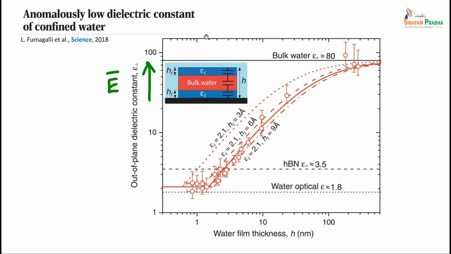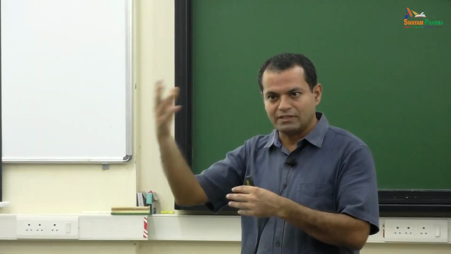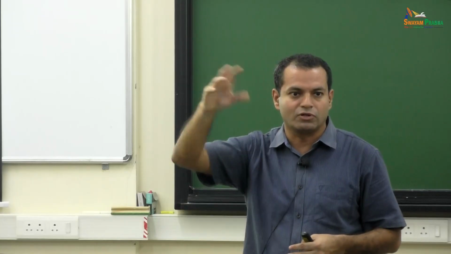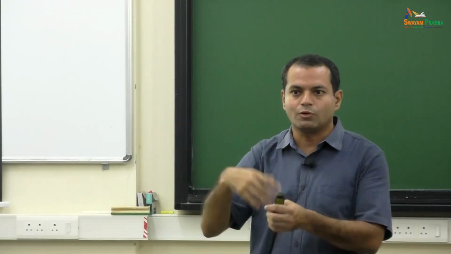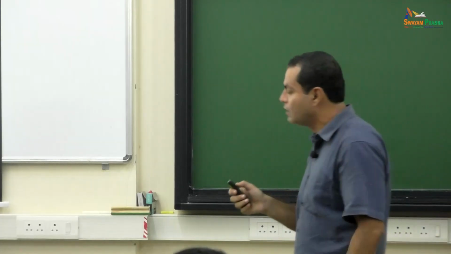So there was a study in 2018, a few years back, and they showed this very remarkable result. Now to recap, the dielectric constant of water is one of the most important quantities. It is related to its ability to dissolve so many things, right? And I've shown you many other problems. Microwaves are related to the dielectric property of water, how a microwave oven works, right? And another property is the carbon cycle, a new discovery related to how carbon can be transported by making something soluble in water which otherwise is not soluble. So in many places it is so important.